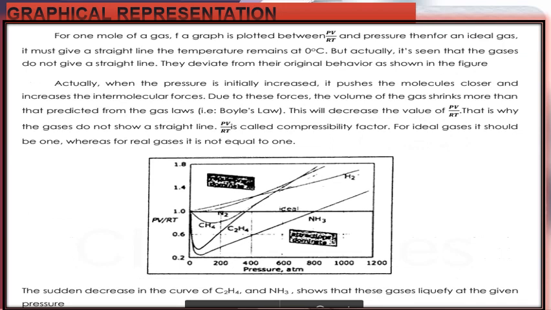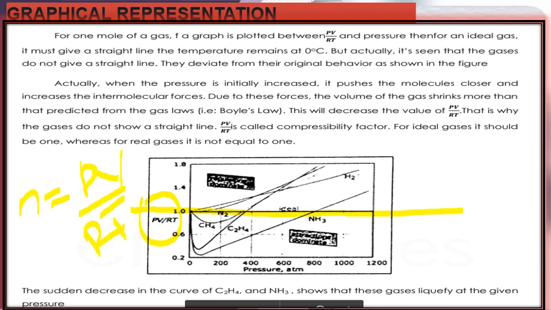Right, here it is given a graph. You can see in the center there is present a line which shows you PV is equal to RT, means n is equal to PV upon RT. For an ideal gas, this value should be 1 मोल आनी चाहिए ये वैल्यू, ठीक है, 1 की वैल्यू। And this is called the compressibility factor, PV upon RT is called a compressibility factor and its value should be 1,